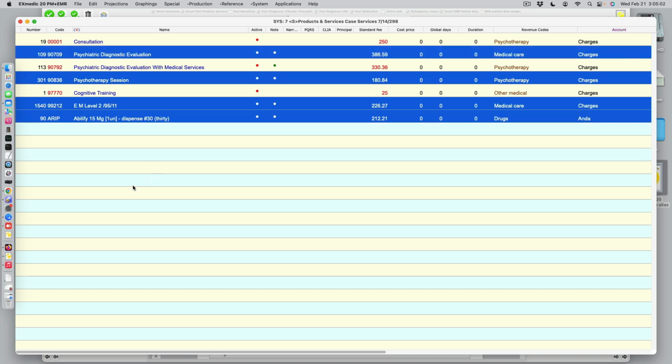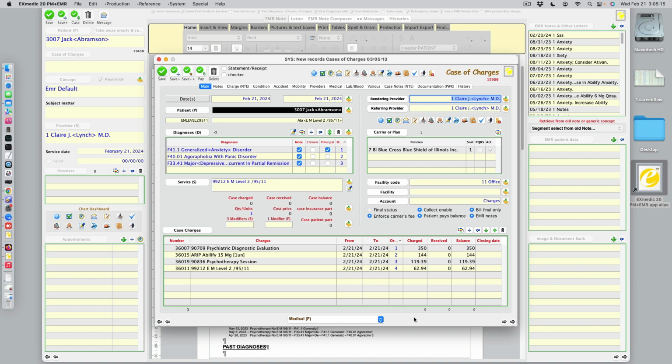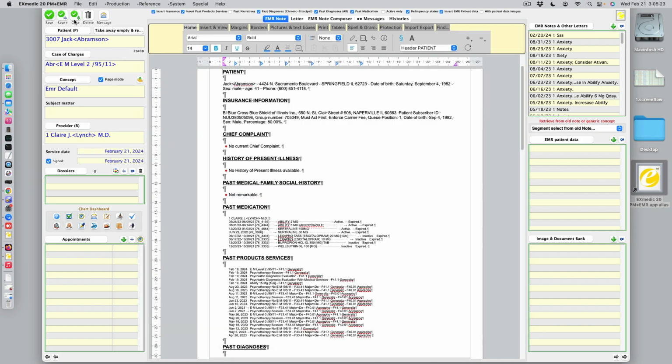Those we want to bill. The other ones we exclude from current billing. Send this back. And we have a complete pre-calculated case. We can save this case, we can save